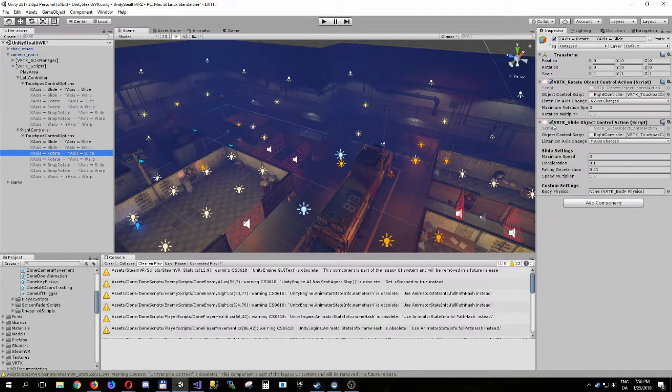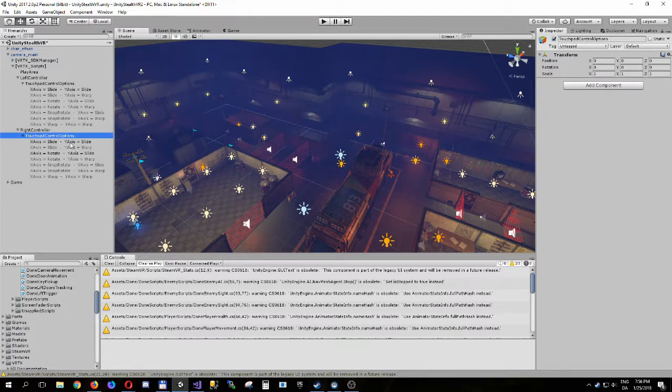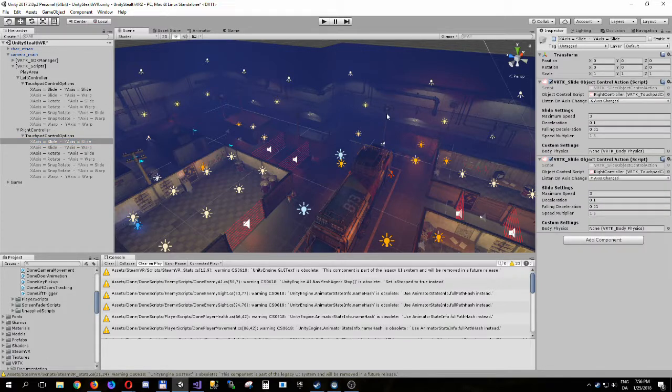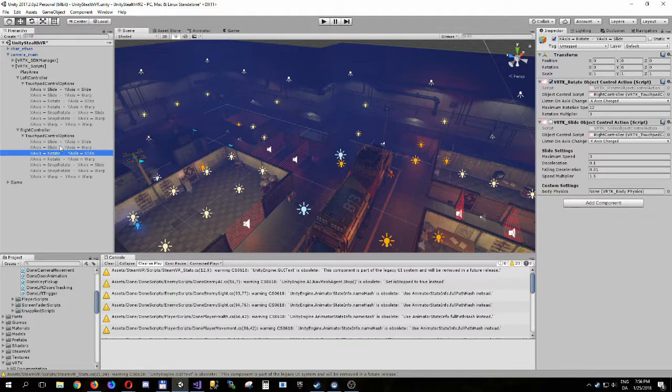But we don't really need to be able to move with this one, so I'll disable the sliding, so it's only able to turn, and turning is a bit slow, so I'll just set it to 12 instead, and I'll set this to 3 because the standard setting is very slow. Oh, and remember to deactivate this one, because